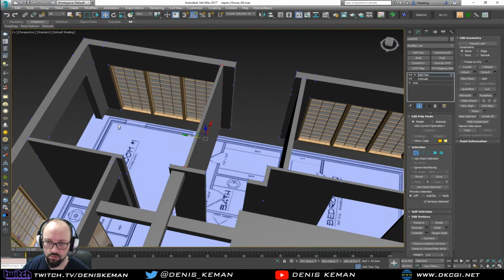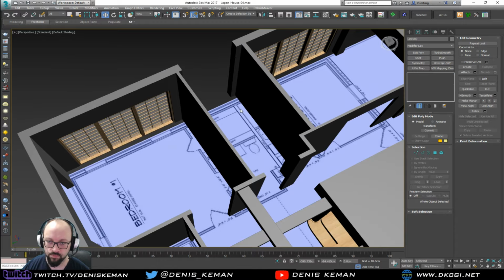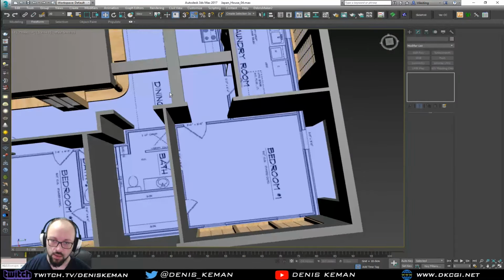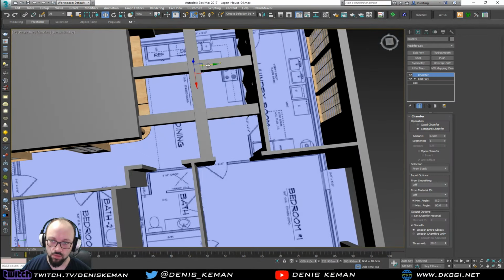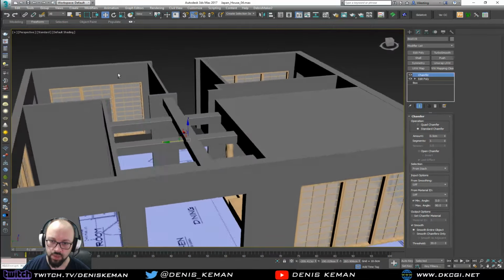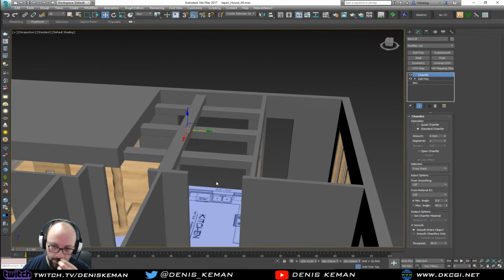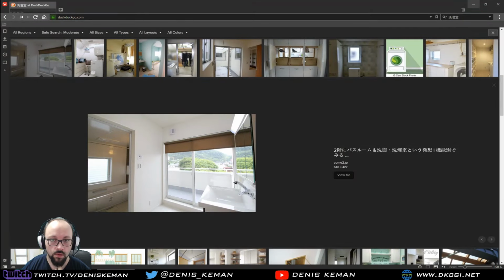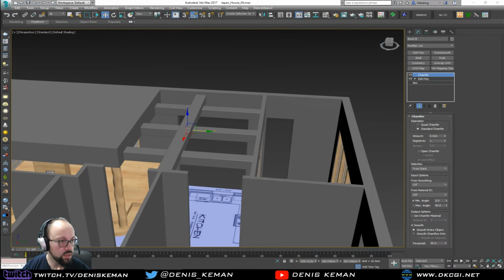Nah, not doing that. I'm not doing that at all. So I'm gonna do it like this. Back to here. And for this piece, this is where I'm gonna hang the kitchen, whatever it's called. Alright, that's fine. Free Japanese music. Alright, let me see. What is the second one? This is